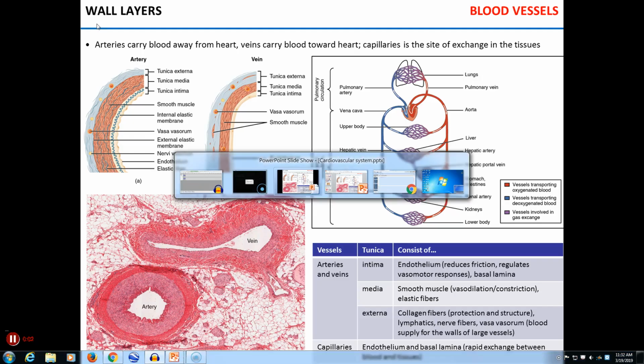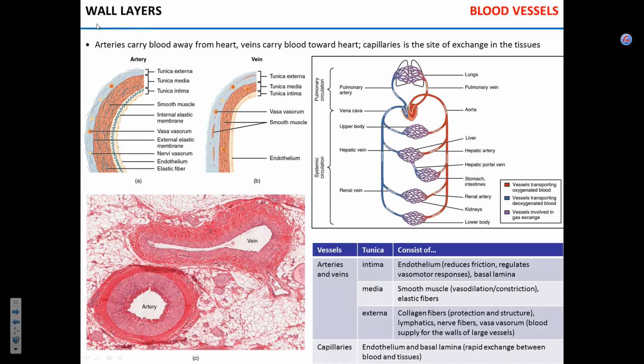All right, so we finished a conversation about the heart itself. Now we're moving towards the discussion of blood vessels and regulation of blood pressure. So first we're going to chat about different types of blood vessels. So we've got three main types: arteries,